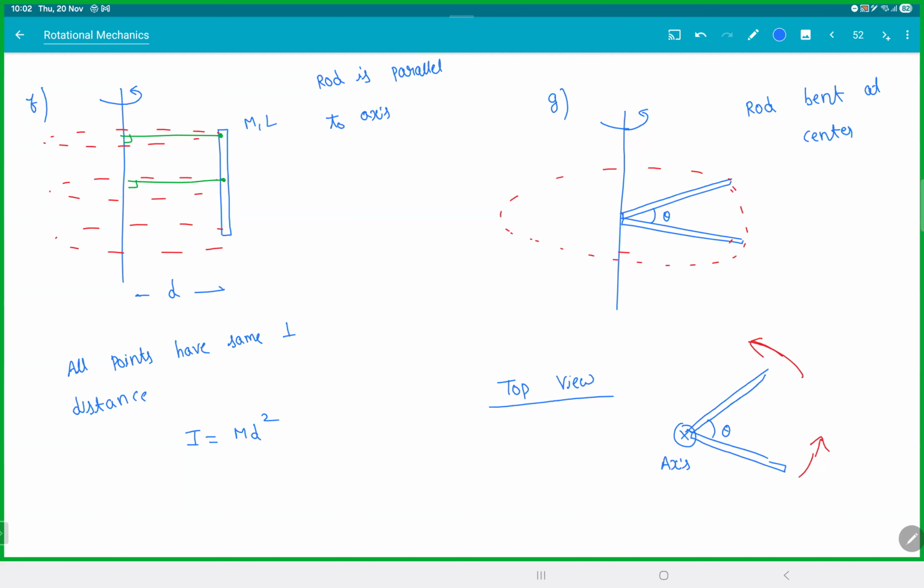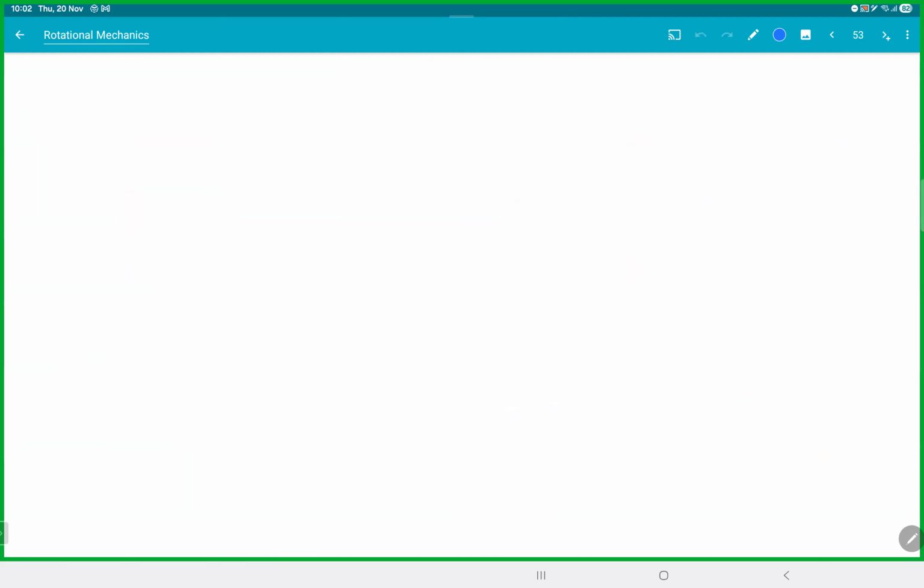Again, remember, listen to this. Let's look at the top view. From there, you will see. In the top view, if you keep the rod horizontal, this is your axis. And if you bend the rod,